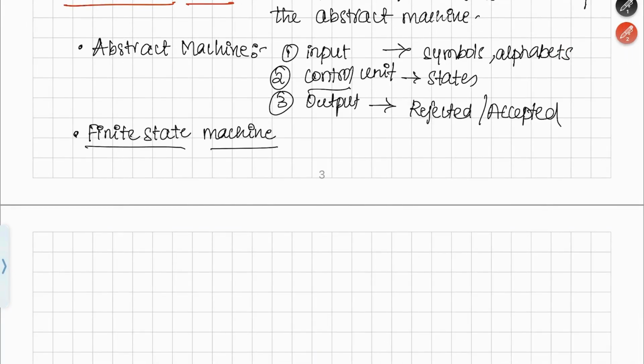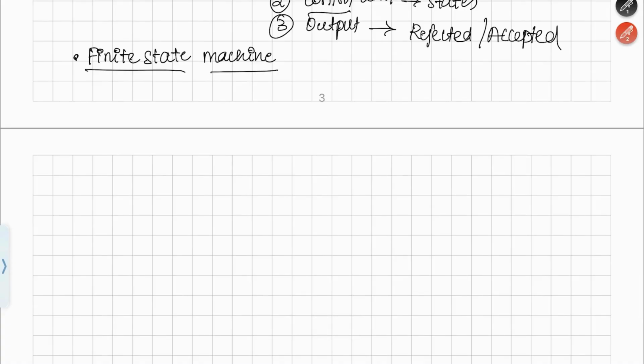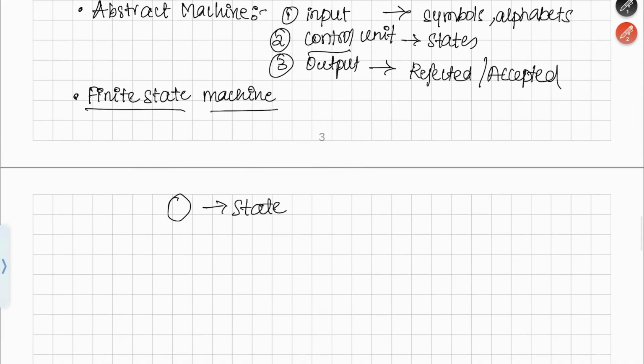Representation of finite state machine. Let's see the representations one by one. If I draw a circle, it is one state. Okay, what is a state? State is an intermediate situation between the input and output. So at a state there could be different operations happening or